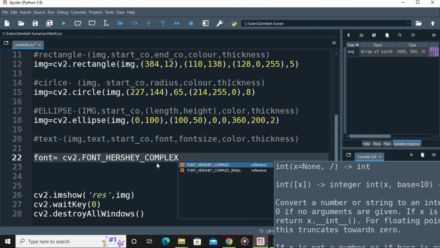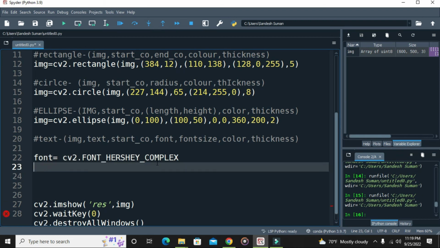And finally let's put on whatever we have. So image equal to, you have firstly the image, then the text, so let's keep the text as all right, cv2, and then you have the starting coordinates. What are the starting coordinates? You can keep any, so let's keep it as 20 comma 400,